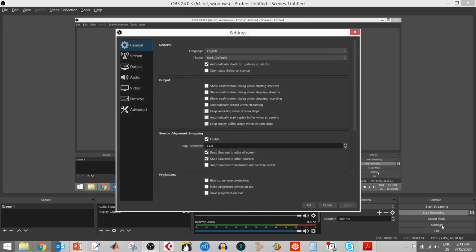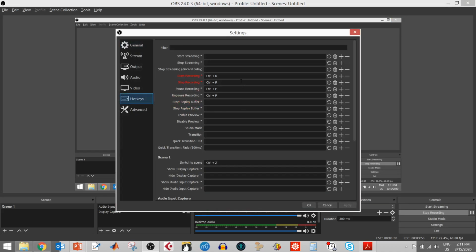And there is the settings. If you click settings, then there is one very useful thing that you can do, and that's check the hotkeys. I have set up two hotkeys here, Control R for starting and stopping my recording and Control P for pausing my recording, which is very useful because we're actually trying to make a video that you can record in